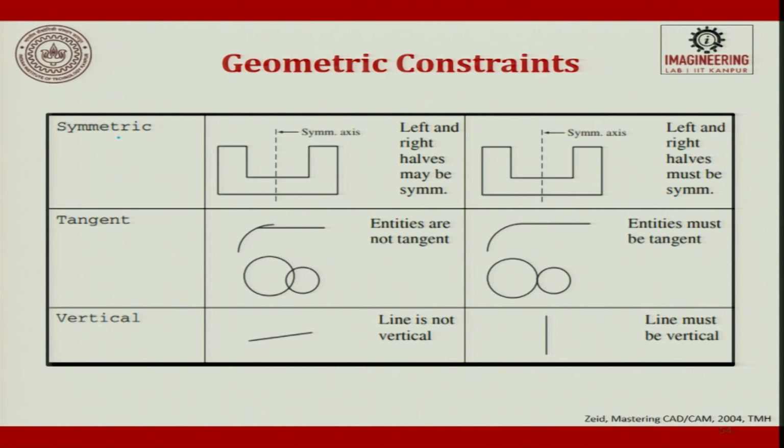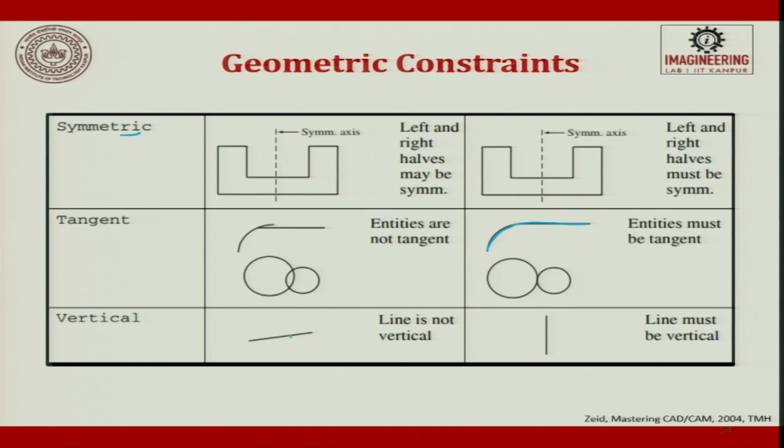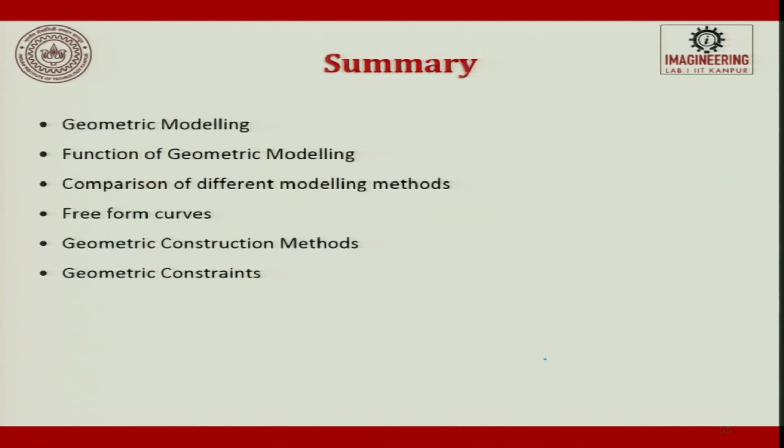Some more constraints, you can see symmetry. Left and right will be symmetric when you put constraints. Tangent too, you can see it will be exactly drawing the tangent. In CNC, as I told you previously also, if you want, you can write it by G code and M code. Otherwise, with this geometry and tangent, you can start writing the program, and the features can be understood accordingly. These are the lead statements later when we use these drawings to recognize features and automatically plan some processes. So, we use all these things for our betterment. A vertical line that is not vertical, whenever you draw a line, can be made vertical.